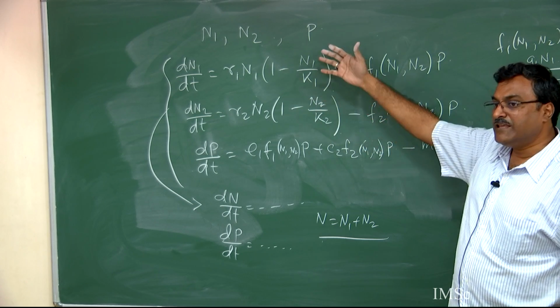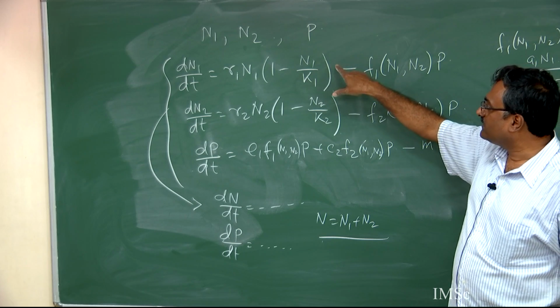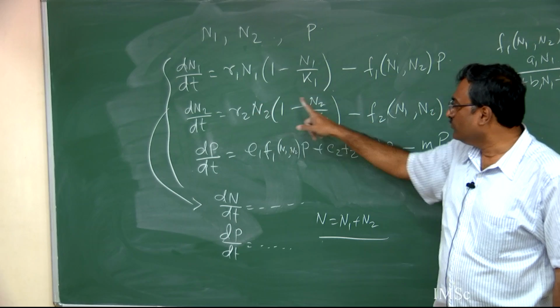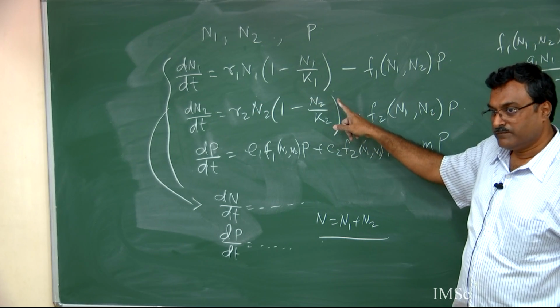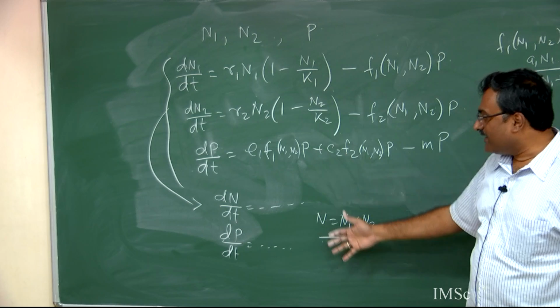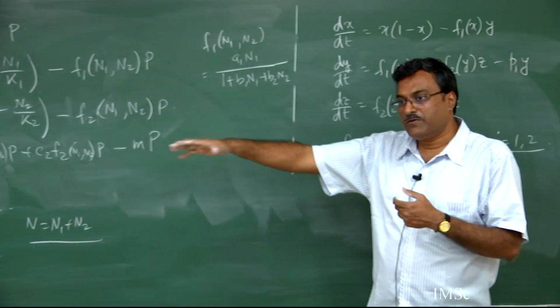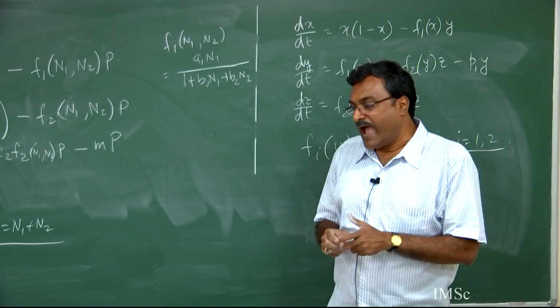So you are actually introducing one competition term, N1 multiplied with N2 and here N2 multiplied with N1. And likewise you can extend these things to 3, 4 and 5 different possible resources, and in that sense